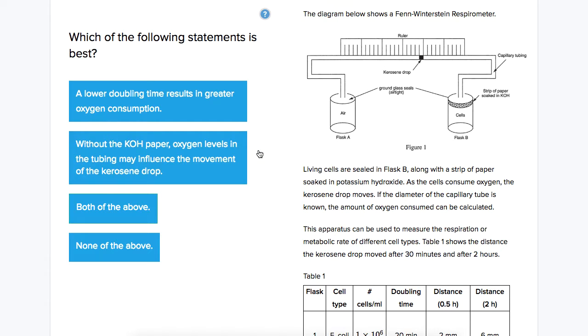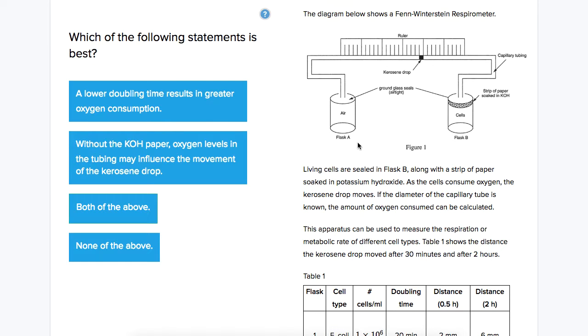Well, one thing we could say is if you change any single thing about an experiment, something unknown about that experiment might happen. But that's probably not exactly what they're looking for. Let's see. It says, as the cells consume oxygen, the kerosene drop moves. Well, we know that the cells are sealed in flask B and that the KOH paper is at the top of flask B. So we could assume that there's a potential effect of a strip of paper at the top of that flask having some effect, because those cells are consuming oxygen,